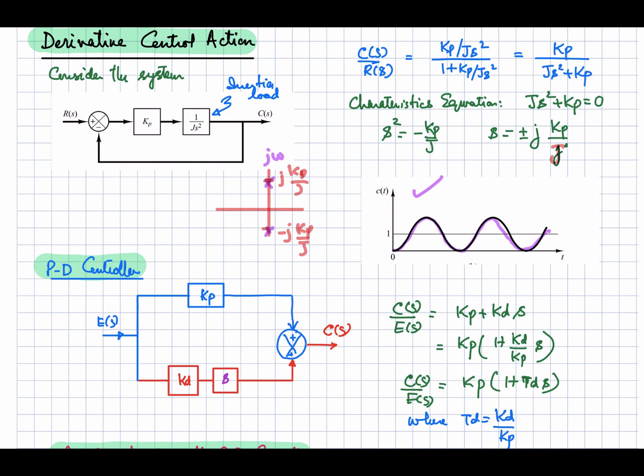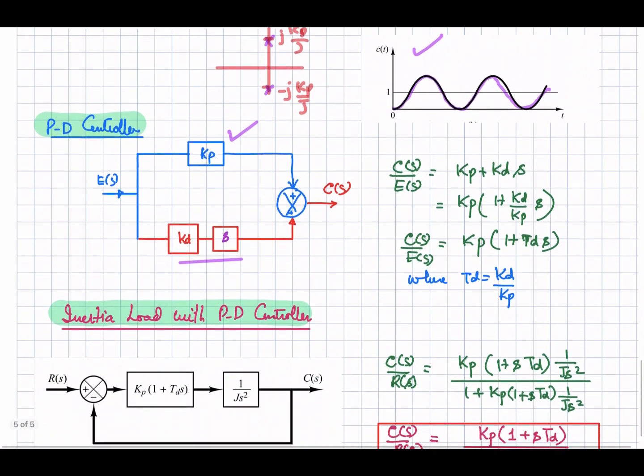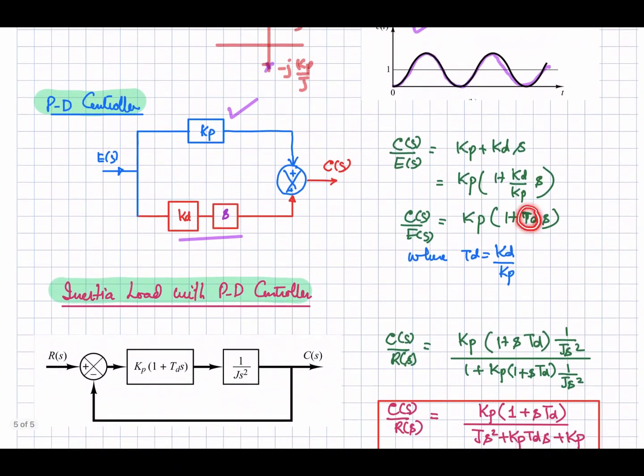In the PD controller, we have one proportional path and the other one is the derivative part. We have one proportional gain over here and the derivative gain, and this is the derivative action. These are parallel branches, summed over here, and you get the net response. The input to this controller is E(s), and the output of this controller is, let's suppose, C(s). So the transfer function for this PD controller is this one. Now if we take Kp common, we can write it like this, and let's suppose that Kd over Kp is Td. So the transfer function of your PD controller is given by this expression.